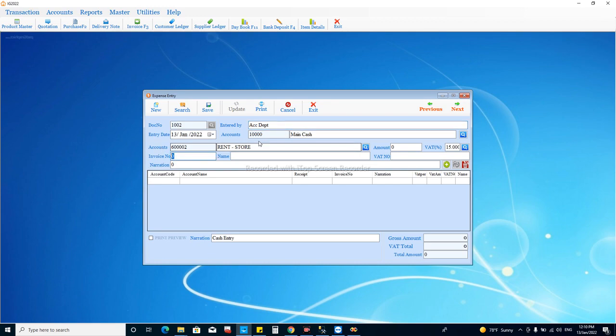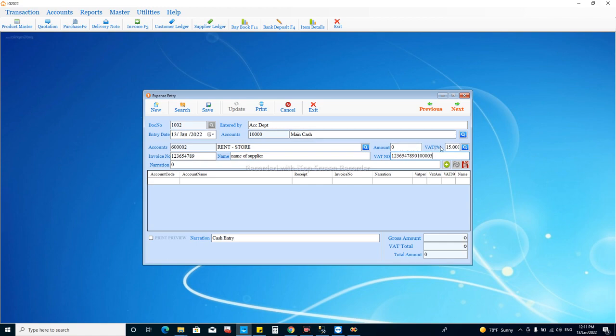If you have a bill from the service provider, you can enter the invoice number from here, and the name of the supplier, and the VAT number of the supplier, whatever it is.